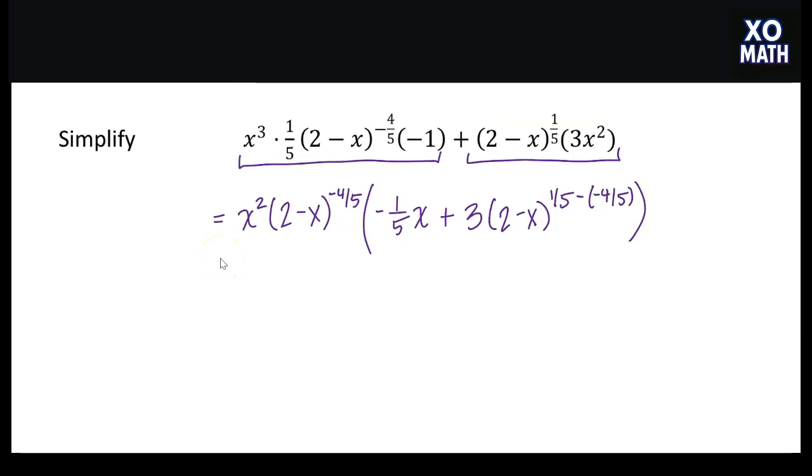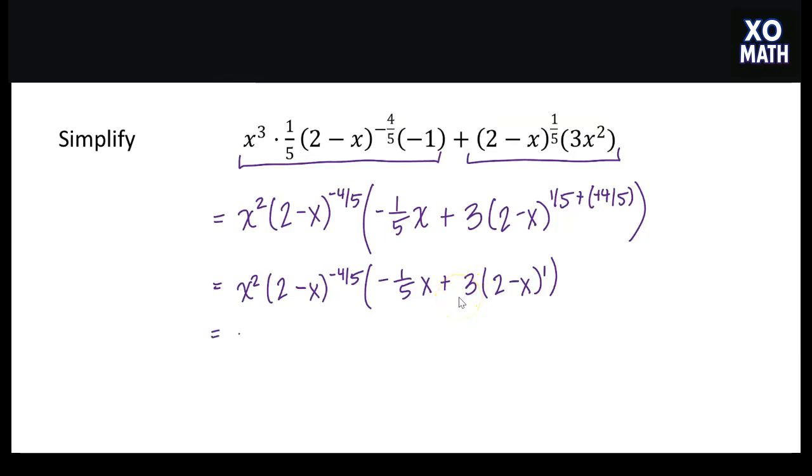All right, so now in the next line we have x squared times the quantity 2 minus x all to the negative 4/5 times the quantity negative 1/5 x plus 3. And then I have the quantity 2 minus x, and if I add 1/5 minus negative 4/5, that's going to be 1/5 plus 4/5, which is just 1. And so now, inside this last set of parentheses here, I can distribute the 3 in,